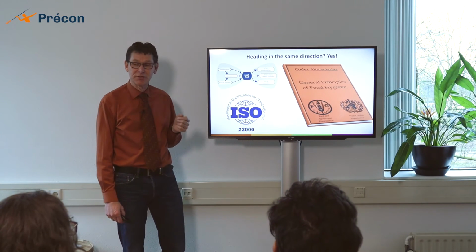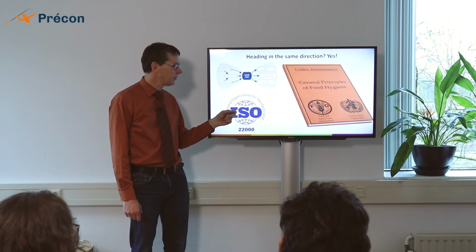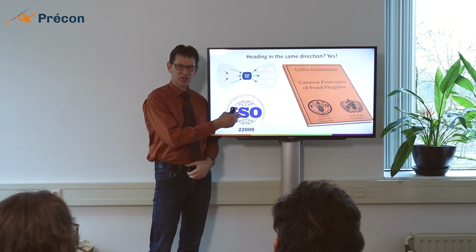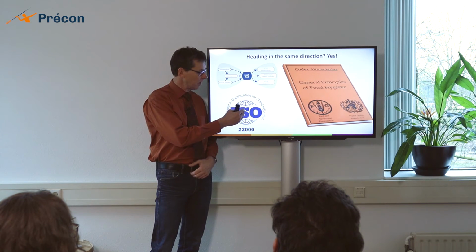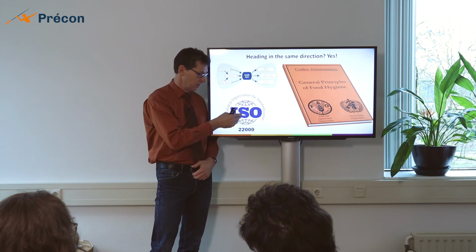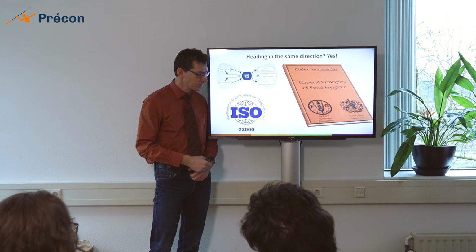So this is the summary to end the 3 presentations on the past, the present and the future of HACCP. And the question is very much, are we heading in the same direction? And basically we are heading in the same direction. ISO 22000 is an industry standard, and industry needs to improve, wants to go on and have better systems. So ISO is well on its way. I think that in terms of precision, there's still things to gain in ISO 22000 in relation to the food safety bow tie. This has an awful lot of precision, and there's some things to gain over here.